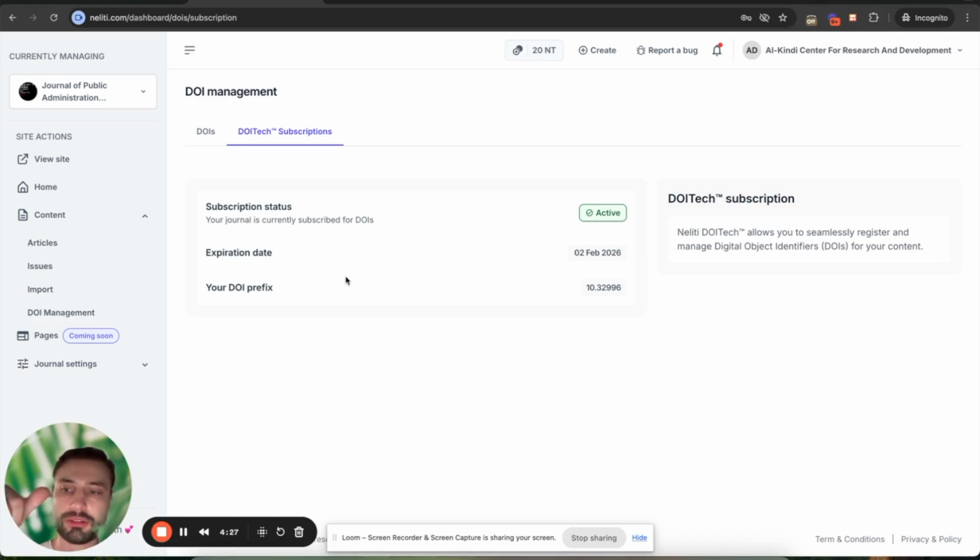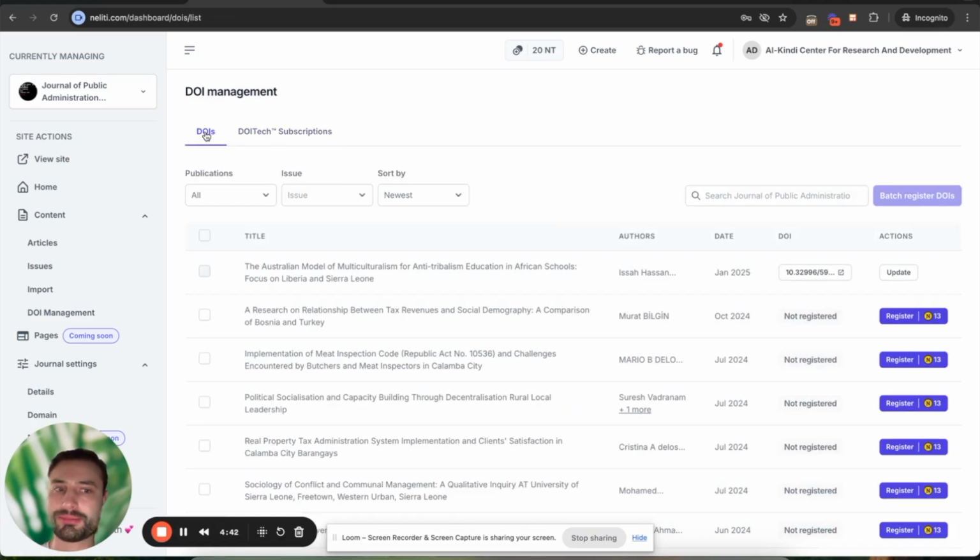The first is a DOI that I want to point to my Neliti website. Now, to do that, it's very, very simple. All I have to do is click DOIs here, go to my article, and simply click register. Now, things should work with success, but if they don't work, you'll receive an error report as to why the